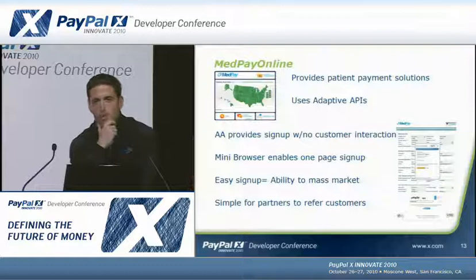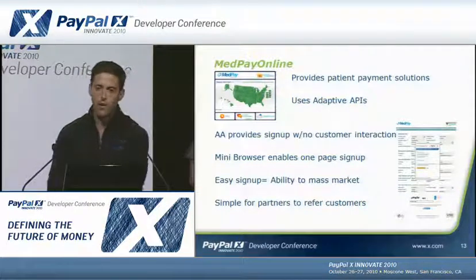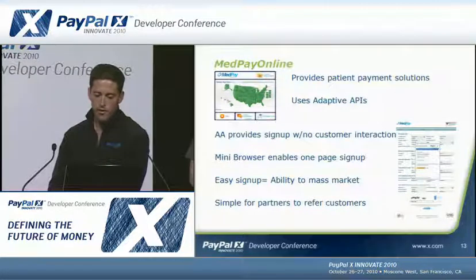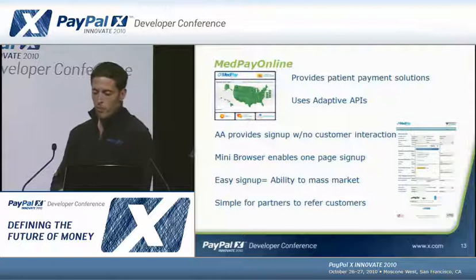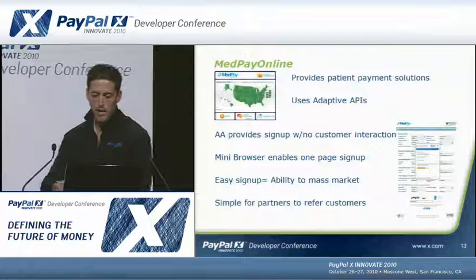One of the things that is really the benefit of it for us is that there's no customer interaction. If you could picture how we generate most of our business and new clients, it's through value-added resellers, receivable management companies, billing companies, clearinghouses, other businesses that sit in the medical arena. When they refer us to a new client, they would be able to hook into our APIs and essentially create a new PayPal account or refer them back to our sign-up page, where we would create a new PayPal account as well.